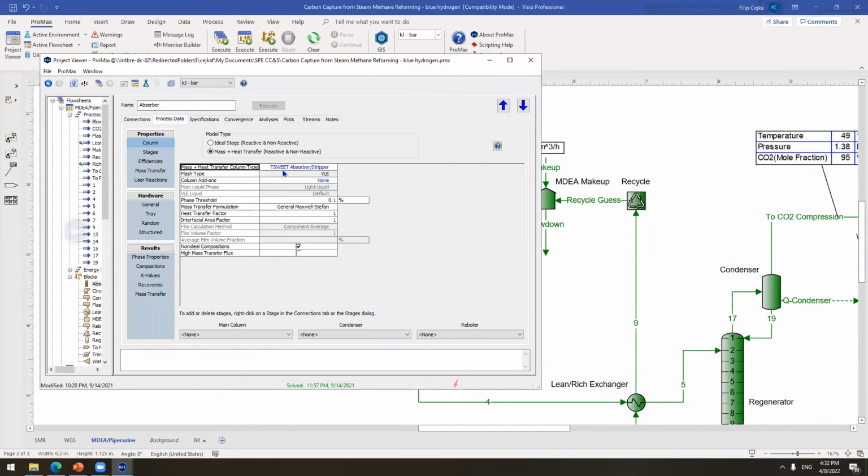As you can see, there's some weird stuff in here, right? This T-sweet absorber stripper. What is that? This one is actually from when we started this company, about 40 or 50 years ago. We came up with T-sweet, which was the name of the old product, and there was a simulator focusing only on CO2 capture and H2S capture. But since then we added more and more different kinds of unit operations in ProMax, and therefore